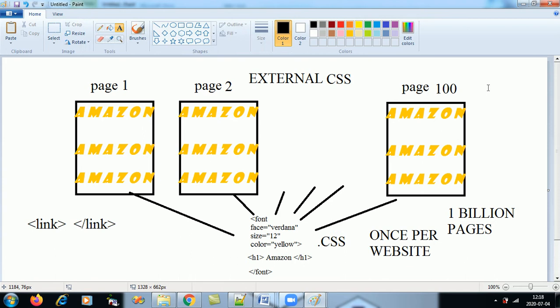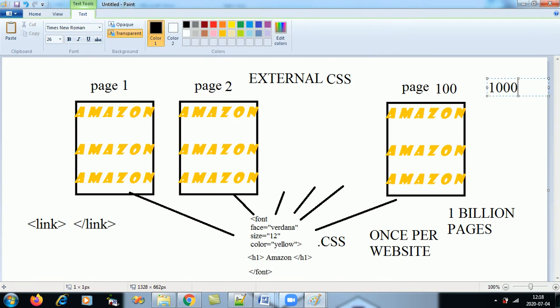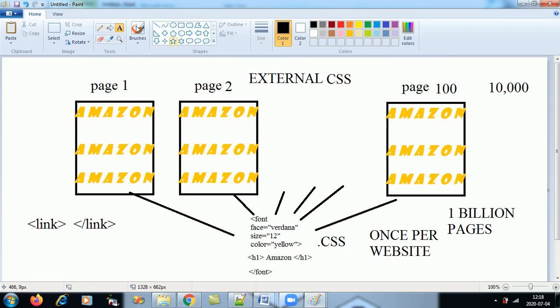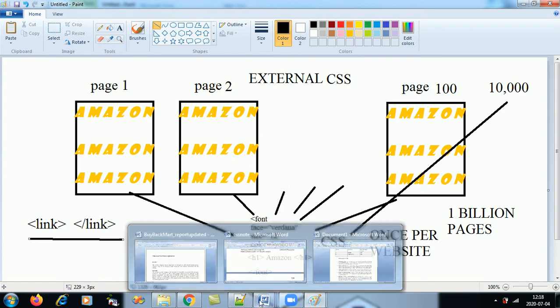So even if the website contains 10,000 pages, what you have to do is just link this CSS to those 10,000 pages with the help of a link tag. This is the tag which we will study in detail. So now the redundancy has reduced drastically.